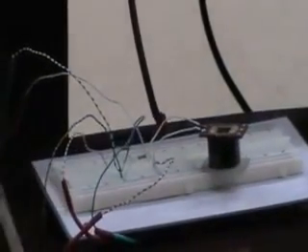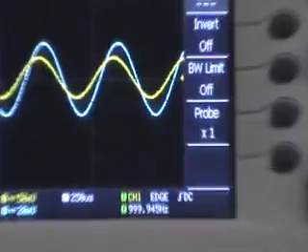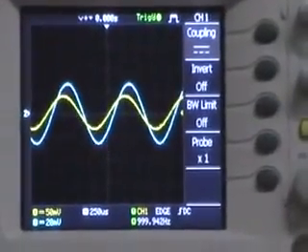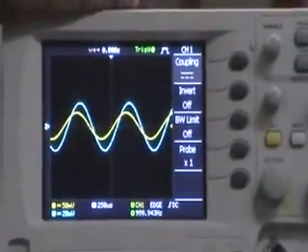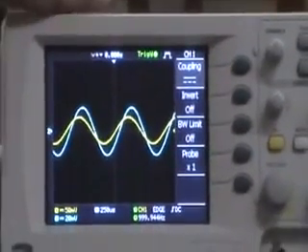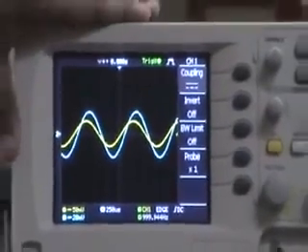Now we can observe the waveforms on the DSO. The yellow one shows V0, the blue one shows Vm. Again, if we change the frequency as given in the manual, we can observe the change in the waveforms as we change the frequency.